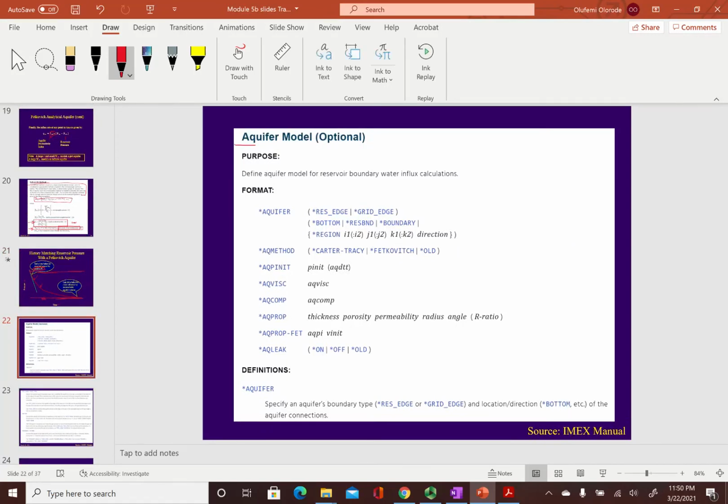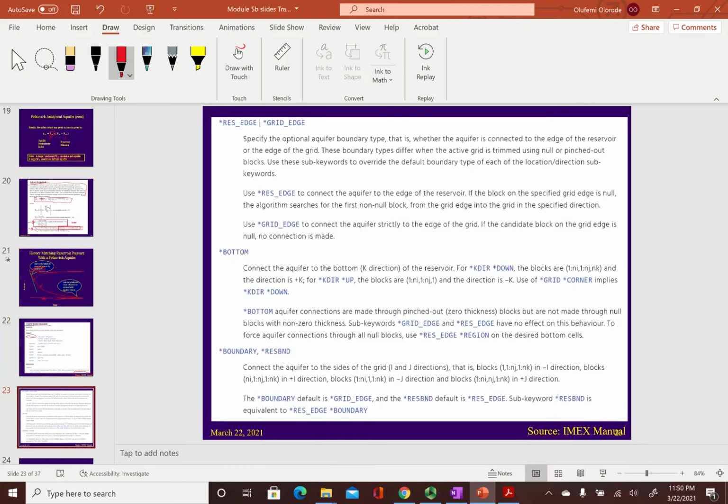Again, feel free to read up all of this in your IMEX manual. And there are different aquifer models. You use the keyword aquifer to specify the aquifer, and then you will realize you get to choose the aquifer model you want. There is the option to choose the regions to be affected by the aquifer, and that's the default option. You can also model your aquifer